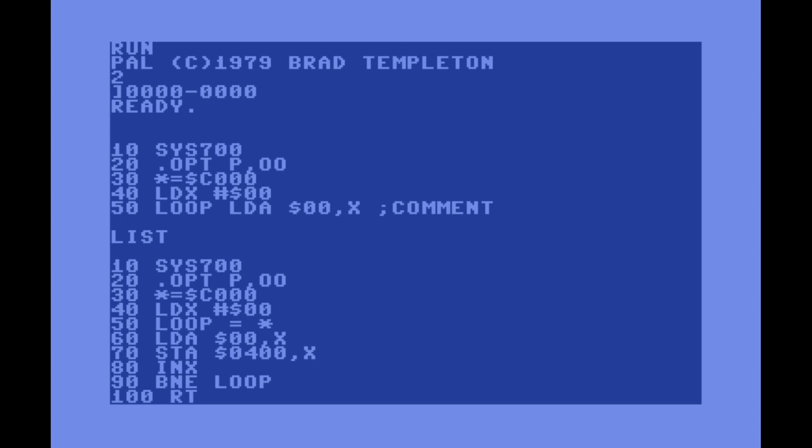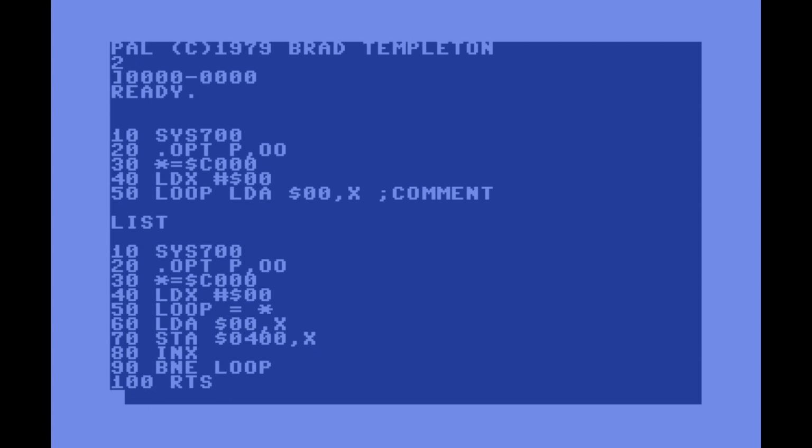And here we're just going to put in the opcode RTS. And what that means is it'll stop. RTS means return from subroutine,